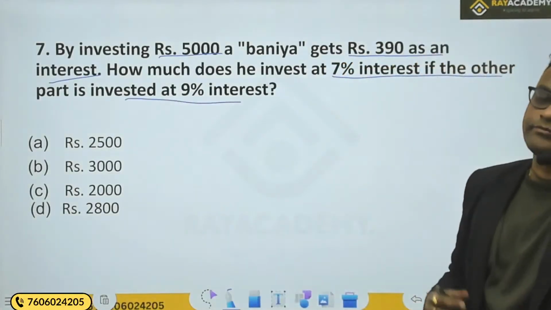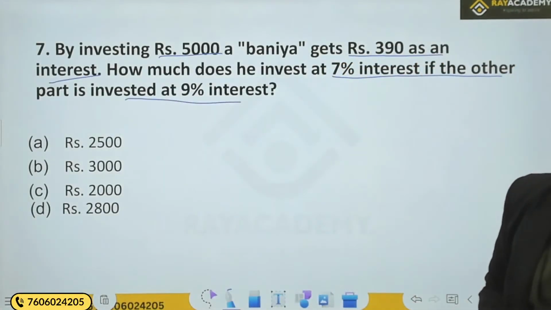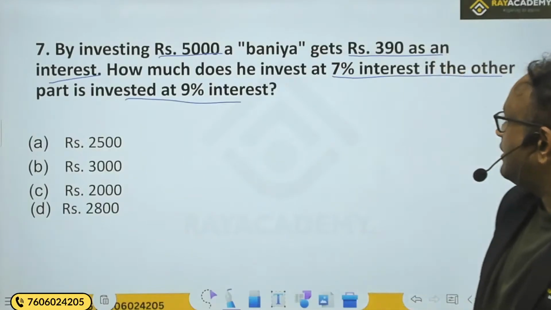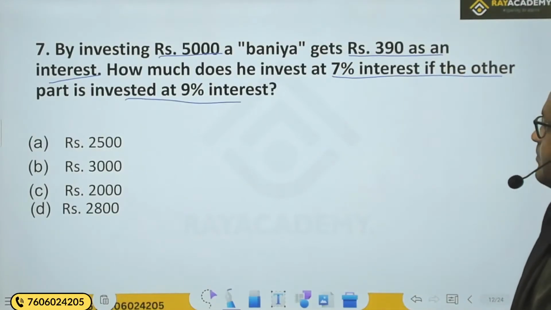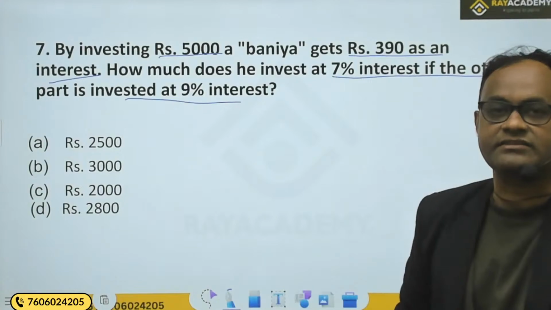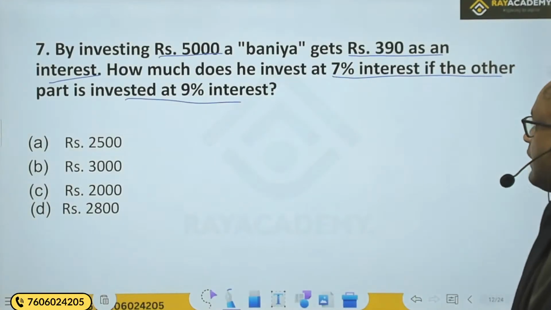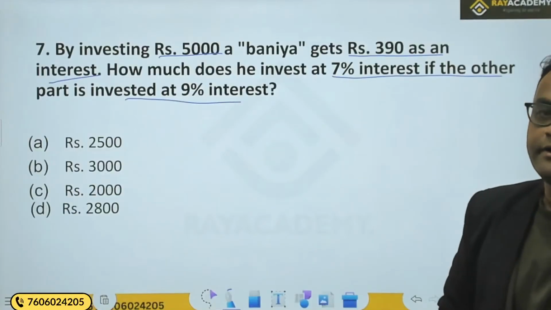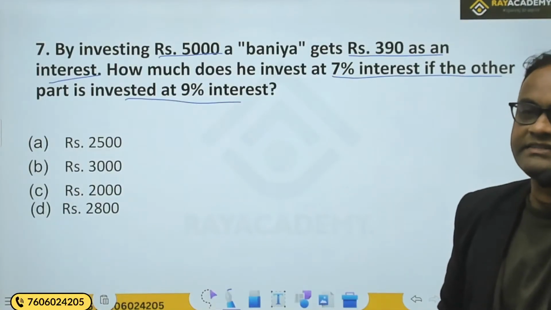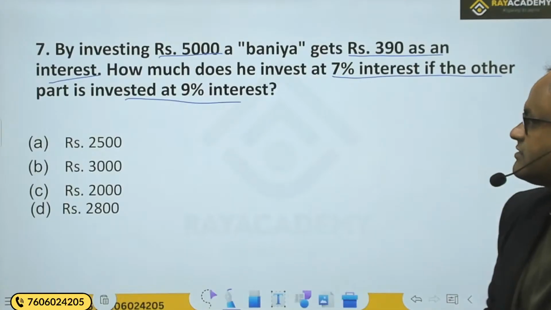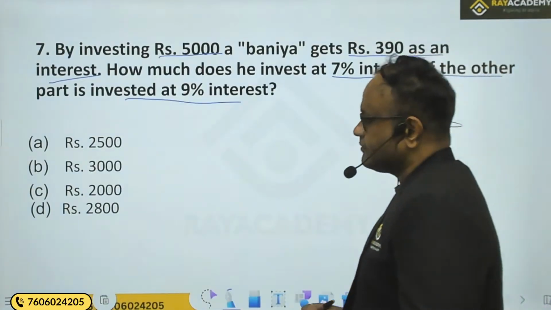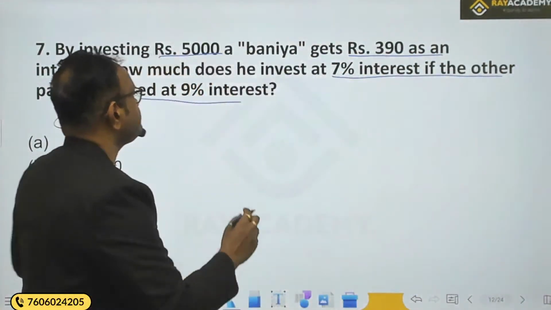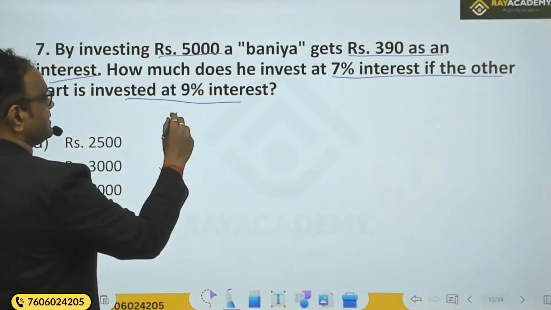That means one part he invests to gain 7% interest, and another part he has given at 9% interest. Total, if we calculate the average, he got 390 rupees, so at what percentage did he get interest? Can we find out what percentage of the total sum the interest is? Okay, so to find this out, average interest